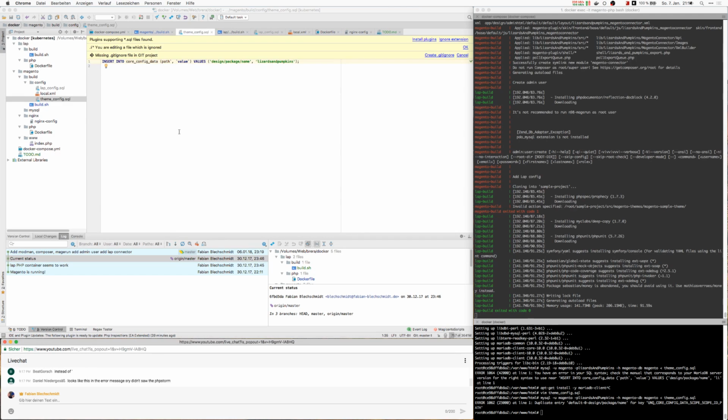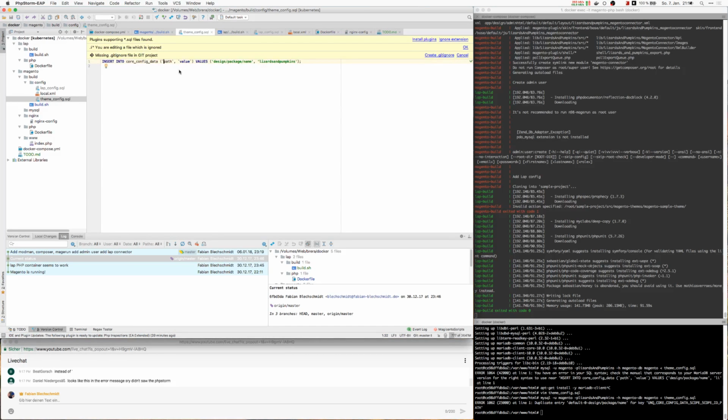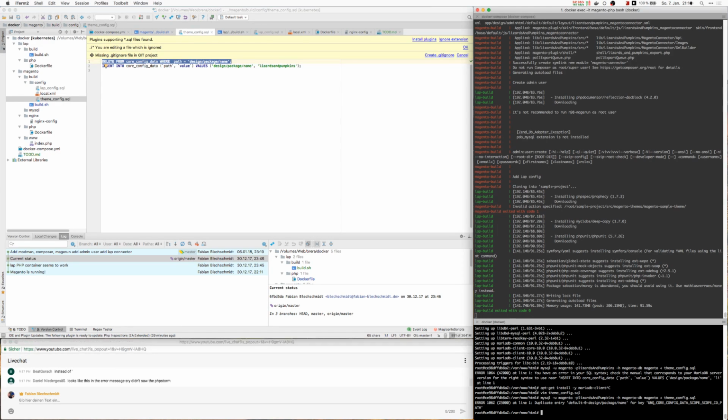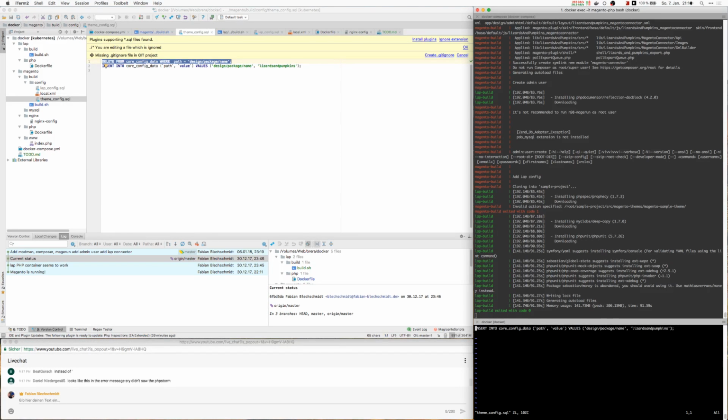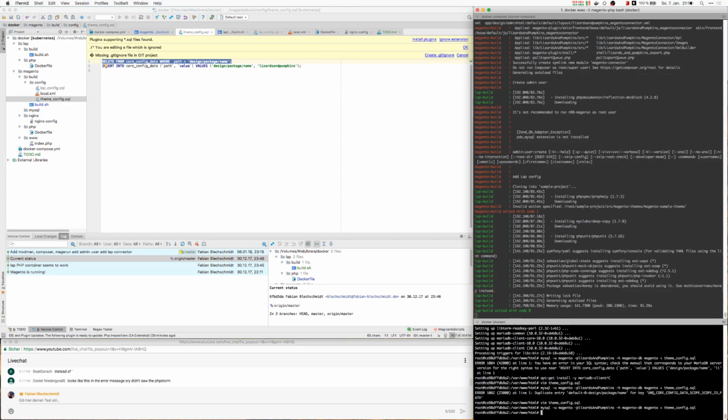Ah, yeah, no, PHP Storm is fine, but I copied the wrong value. And right before, I need to delete everything. Delete from core config data, where path that. Okay, no error. Perfect. Now we should